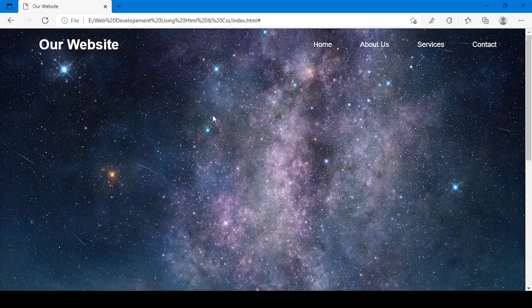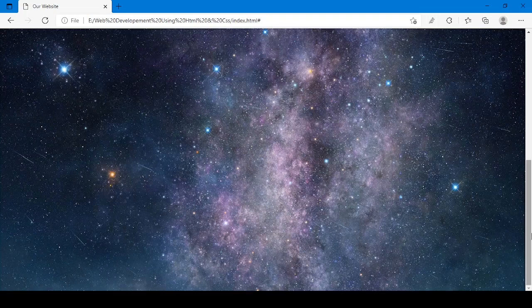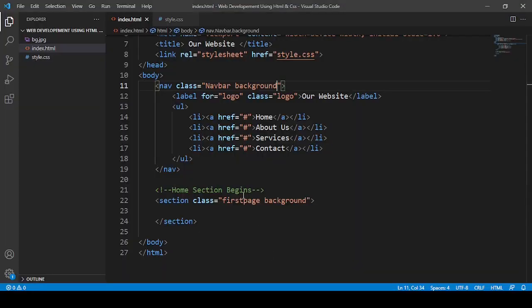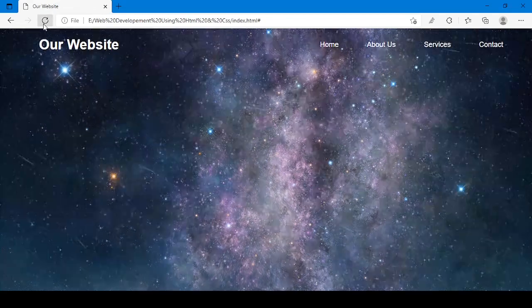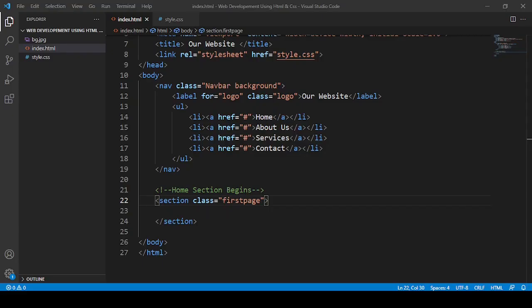So when we use it here, we do not need it here. So I'm going to just remove this background from here, save it, and reload this.